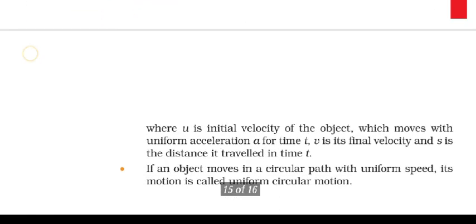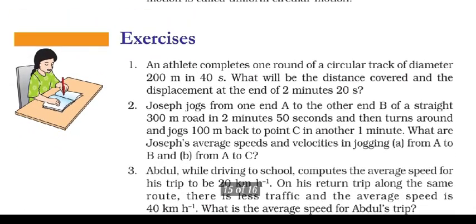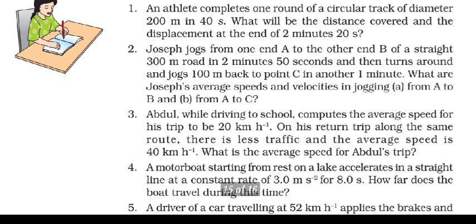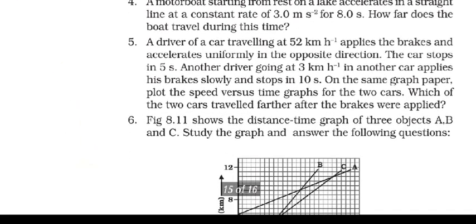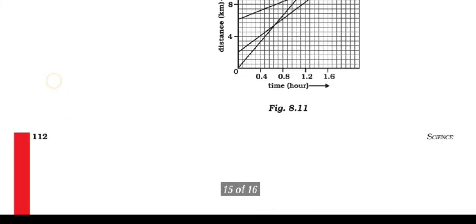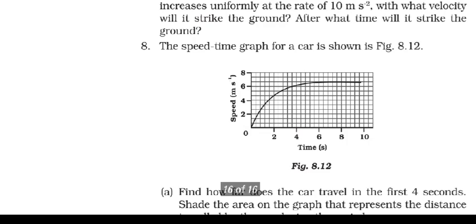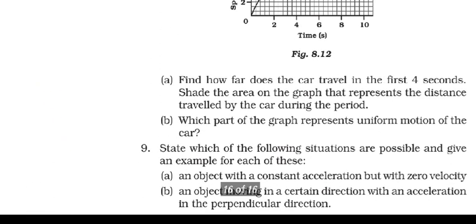And when we find the velocity, velocity is what? Distance upon time. Here the distance is 2 pi r and the time is t. So the velocity will be 2 pi r upon t. Whenever in uniform circular motion we have to find the velocity, we will apply the formula 2 pi r upon t. So when an object moves in a circular path with a uniform speed, it is known as uniform circular motion. I hope you all get it.